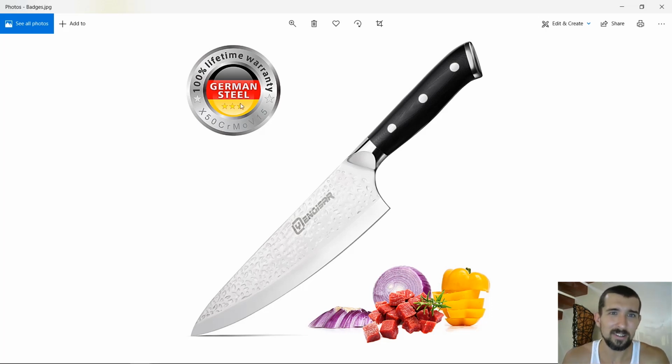Well, 3 stars here could be made into 5 stars. Actually, 1, 2, 3, 4. Okay, here's 5 stars. And it's also lifetime warranty. You see, there are many good features in this badge and it can just give more CTR. So the person is scrolling, he's like, oh, German steel, oh, lifetime warranty. And also we have some more lifestyle things here, that the knife cuts the steak, the onion, and this pepper. It's also, and I think again, against TOS, but use at your own risk, can be really nice. The badges do a good job.